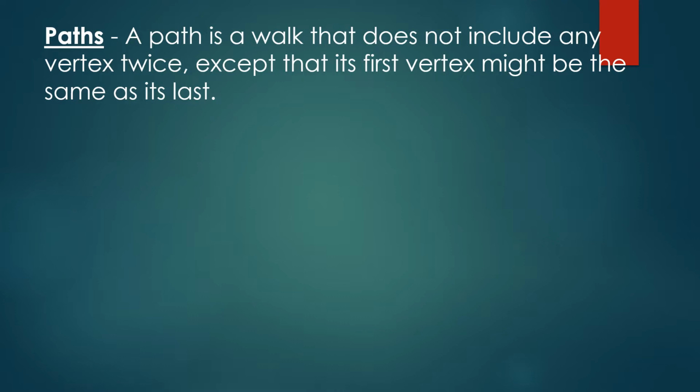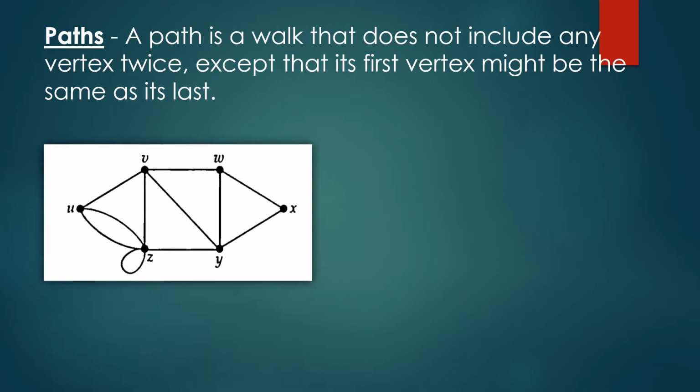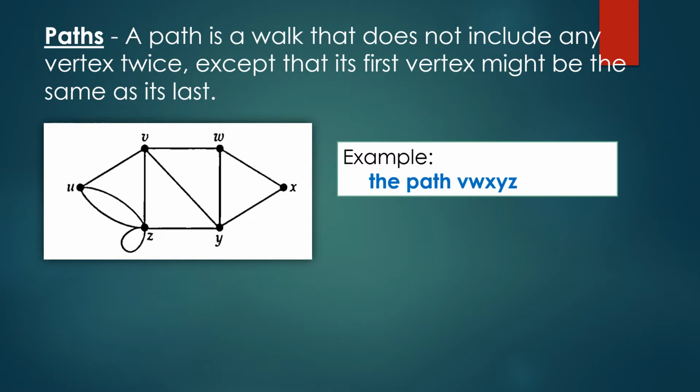A path is a walk that does not include any vertex twice, except that its first vertex might be the same as its last. For example, we have this graph. The path v, w, x, y, z is an example of a path in this graph. Observe that in this path, we did not use any of the vertices more than once. However,